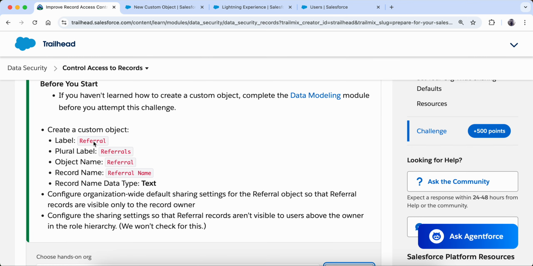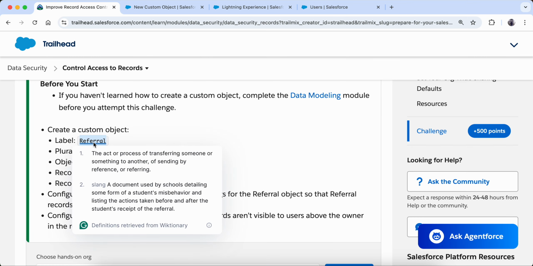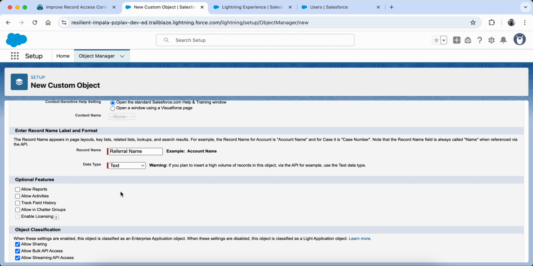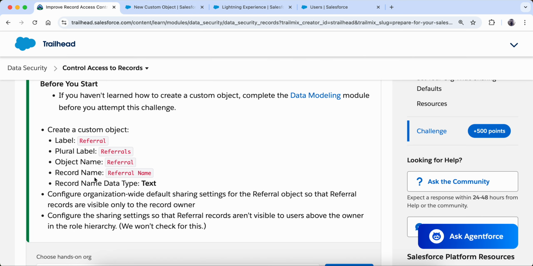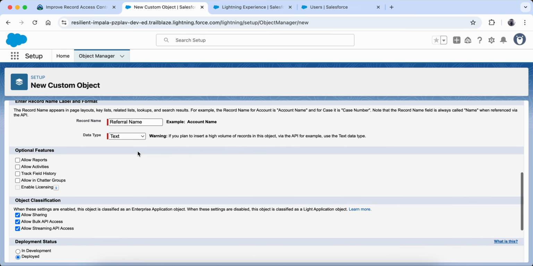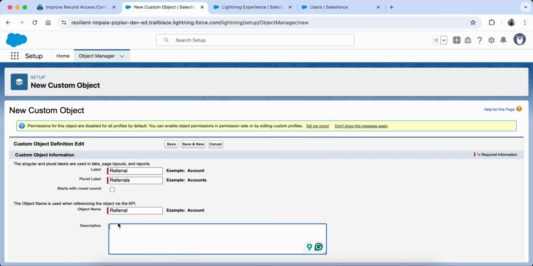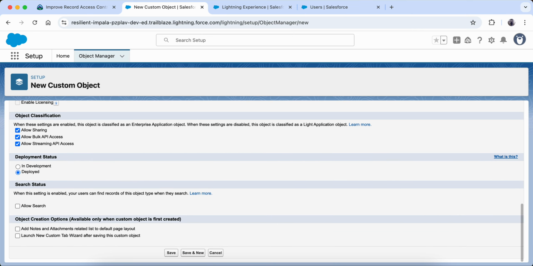Let's see, it is referral. Let's give this name, and this is for the plural, and then this is the description. If we want, we can give this description, and for the rest, the object name and record name are coming.